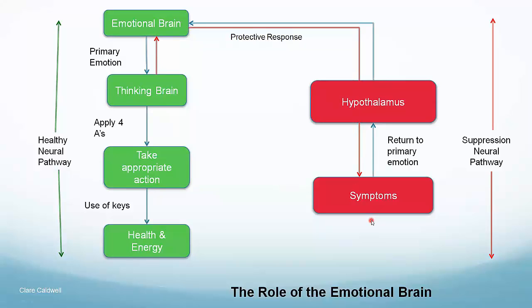It can't speak in words like our thoughts, or we'd be nuts. But what it will do is first of all speak to us with emotions, and if we miss the emotion or we accidentally don't find the most appropriate action, it will then overwork the hypothalamus in order to generate symptoms of illness to guide us. Now, the unfortunate thing about that is, as I said earlier, we have been taught to think of symptoms of illness as something that you suppress with medication or rest. There's all sorts of ways we've accidentally been taught to deal with symptoms,